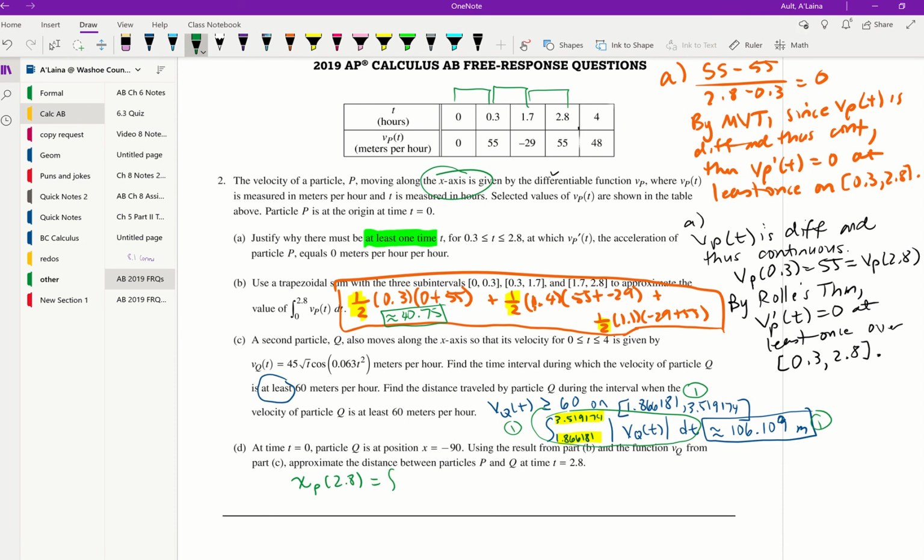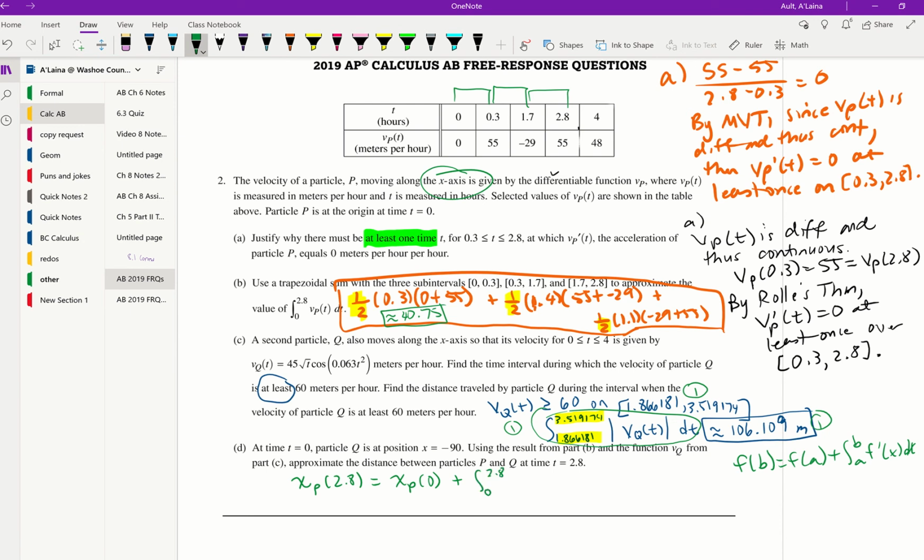Well, the position of particle P at 2.8 could be found by undoing the velocity of this function. And remember, it's starting at time 0. So I'm basically using the accumulation function. You might remember this one. F of B is equal to F of A plus the definite integral from A to B of F prime of X dx. Well, I'm going to say X sub P is kind of like our function F. So X at 2.8 would equal X sub P at 0, which you don't technically have to write because it is a 0, but it might help you understand it better, plus the definite integral from 0 to 2.8